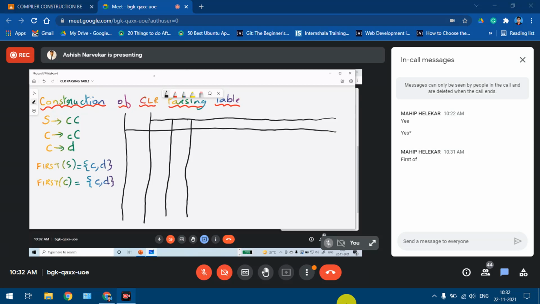Then we have dollar, S and C. The first column is for state. The second column is for action. The next column is for go-to. Under action, we have c, d, dollar. Under go-to, we have capital S and capital C.